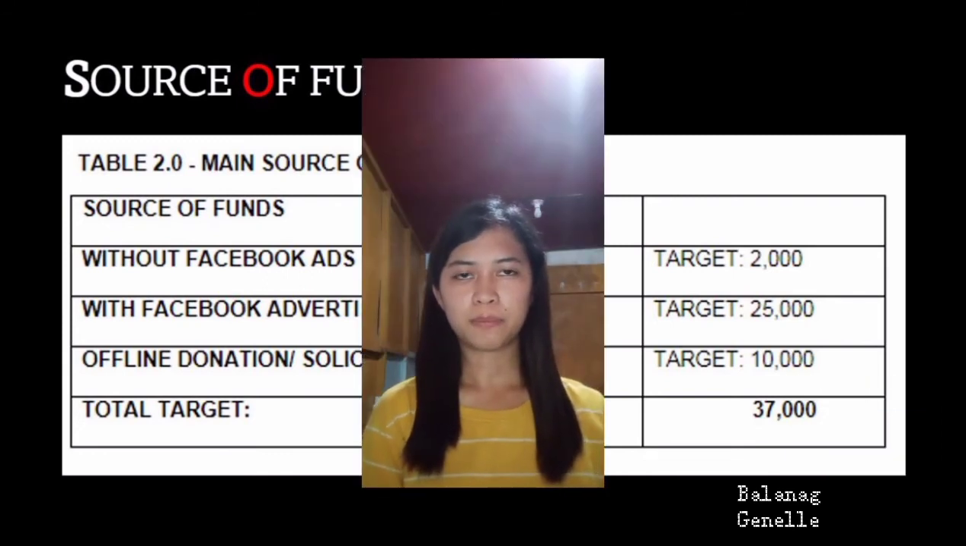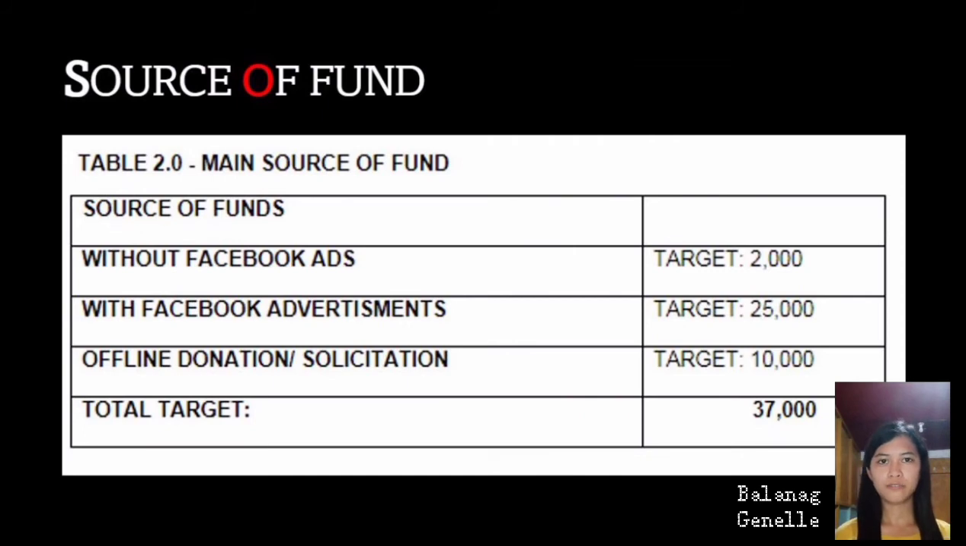This is a tabular representation of the main sources of funds for this project. This project has 3 sources of funds. These are online fundraising without Facebook ads and online fundraising with Facebook ads, whose targets are 2,000 pesos and 25,000 pesos respectively, and an offline solicitation with a target fund of 10,000 pesos. The first 2 will be coming from the 20 Mo, Buhay ng Pamilyang Pilipino program, while the third will be coming from offline donations